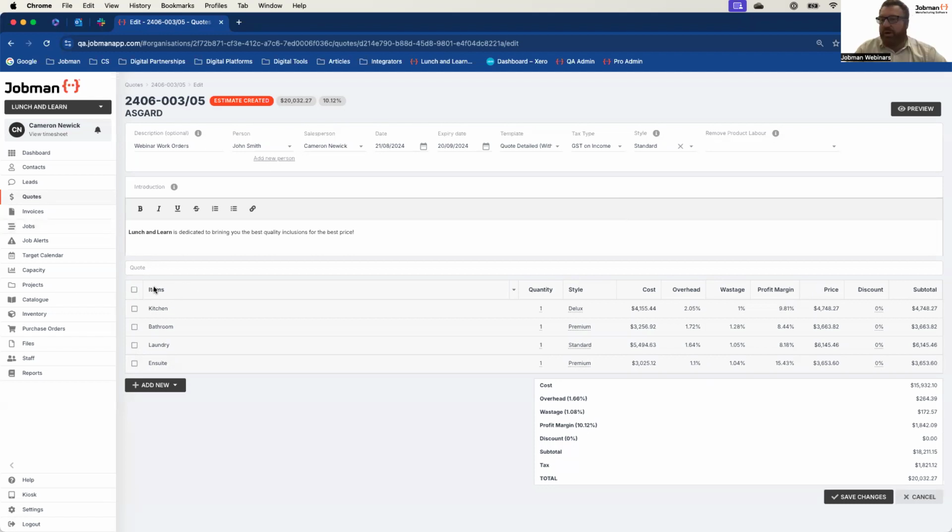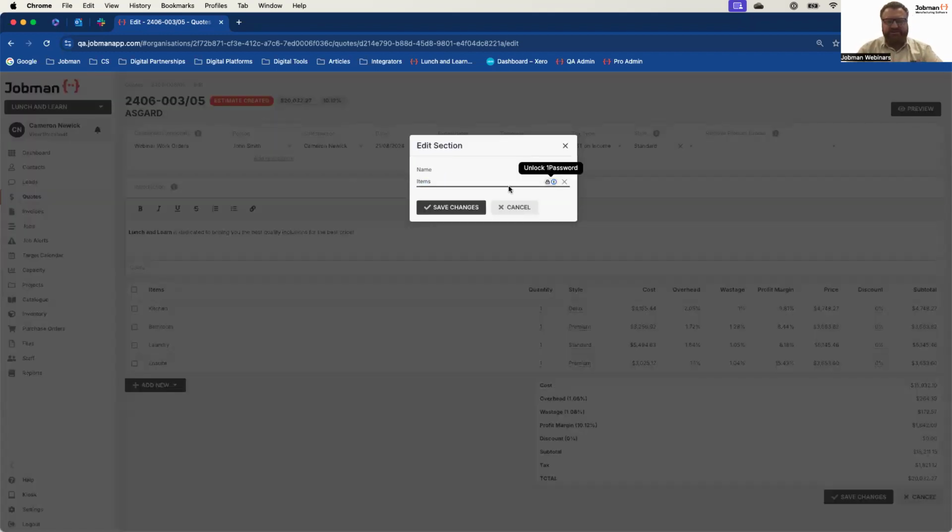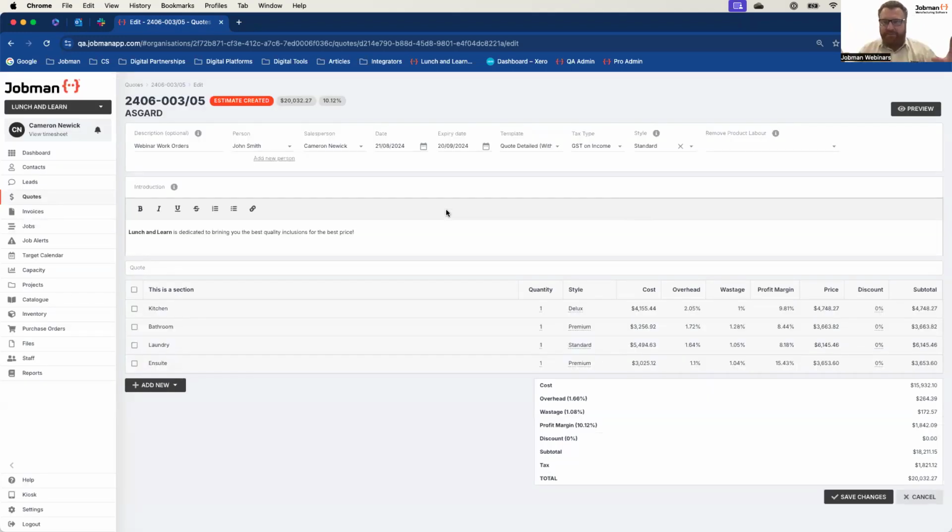So like I said, there are 4 areas to the software, right back at the beginning. We've got sections. This is a section. The advantage of sections is simply a visual tool to break down your quotes easily from a physical set. Just think of this as a title. It might be Unit 1, Unit 2, Unit 3, Unit 4. It might be upper, it might be lower. If you manufacture doors, for example, the section could be all the veneer doors, and the second section could be all the metal doors. Something like that. It's basically a title to make it really easy so you know what's going on in the areas.